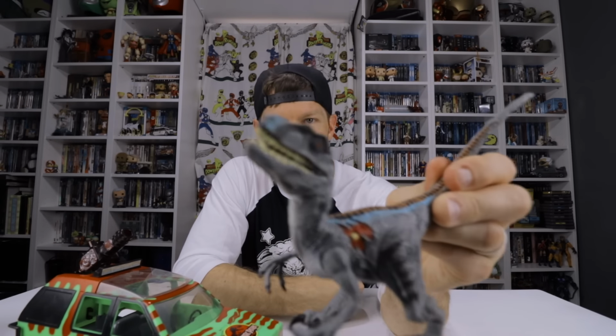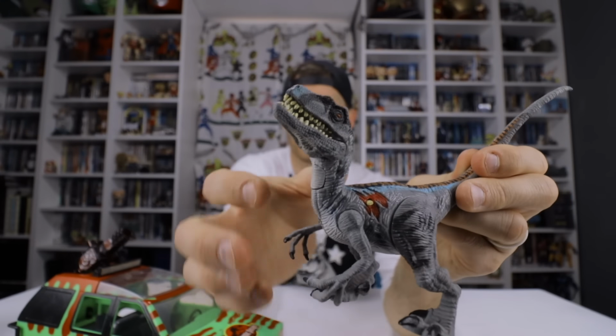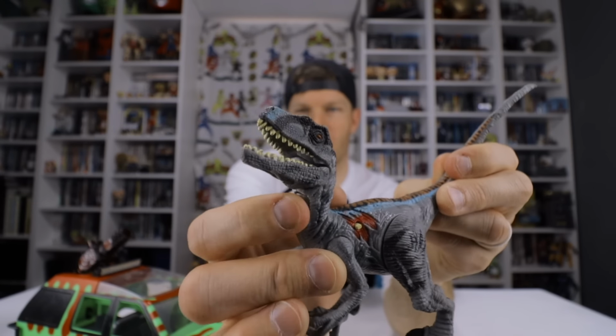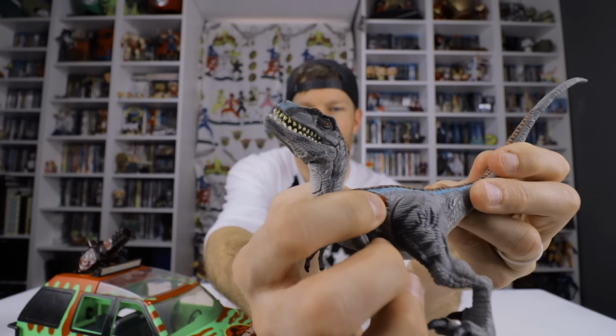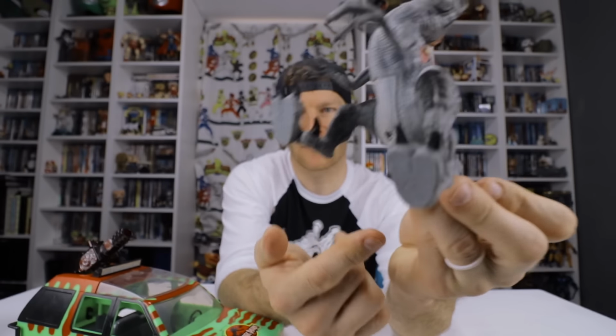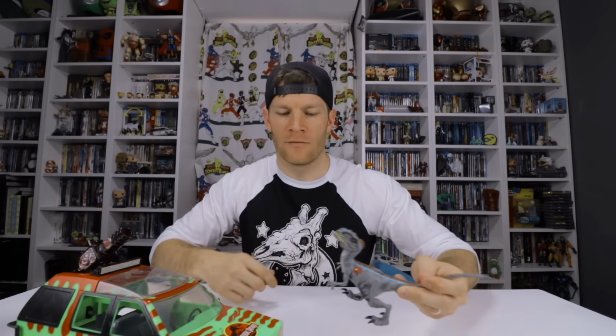So got these 4 figures, as well as, this one's interesting that was thrown in there, but this is from Jurassic Park 3. This is one of the pack raptors. So he's got a little action here. He pushes through it and he does that kind of thing. And he's also got a button here on the side where he'll make a roar, but batteries are clearly dead, so I'll have to open them up, change these batteries out. But 4 figures, pack raptor,